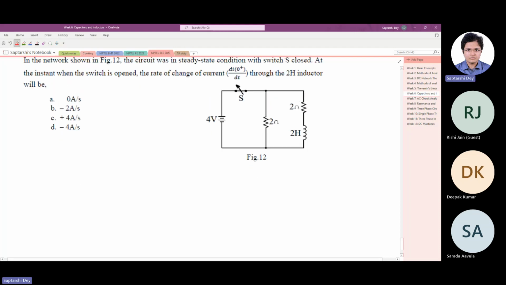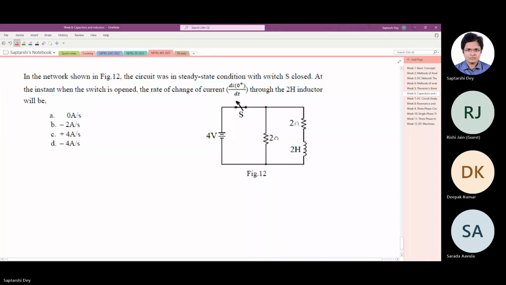We'll look into this question, last one. In the network shown in figure 12, the circuit was in steady state condition with switches closed. This one is finally a circuit with inductor. At the instant when the switch is opened, the rate of change of current. Okay. Now,